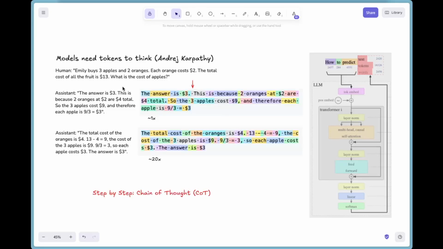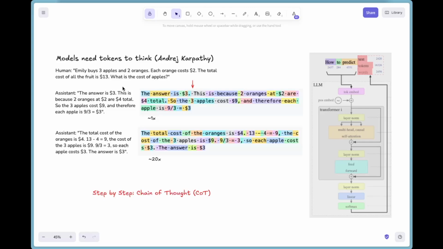It's very interesting to dig into how a model thinks, right? In Andrej Karpathy's class, he mentioned models need tokens to think. What does it really mean? Consider the following prompts when we are trying to train a model to do a simple math problem. So we are creating a conversation in the supervised fine-tuning process to fine-tune the model to think about